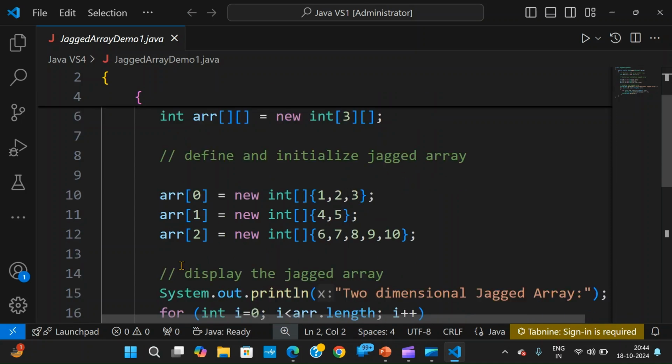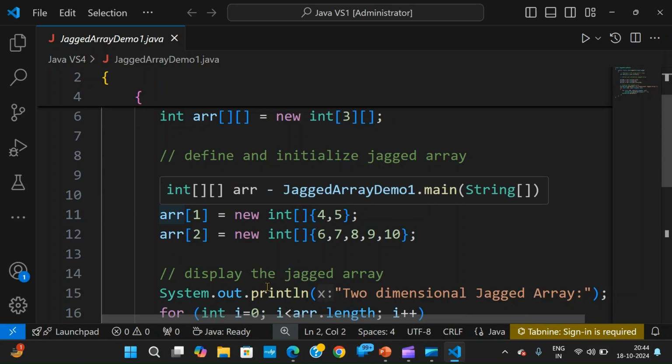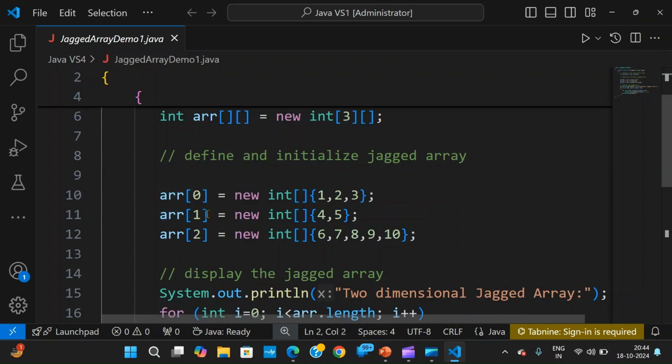How to specify? Now, arr of 0. You can see only one subscript here. The 0 implies the row index number. So row index number 0 should hold how many columns? On the right hand side you need to specify one subscript, and this subscript is for the column. So the left hand side is for the row, the right hand side is for the column. Here I'm directly initializing the values like 1, 2, 3. That means row 0 with 3 columns,